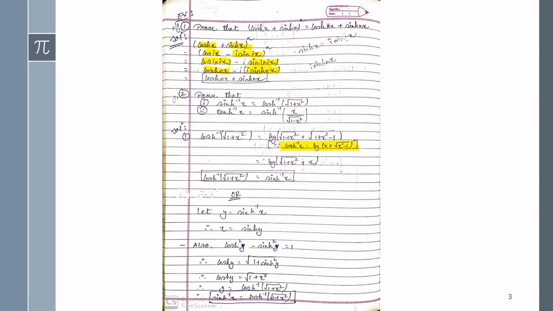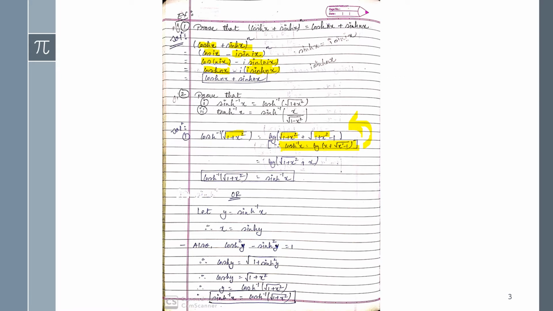Okay, so in place of x here it's given under root 1 plus x square, so I have written here under root 1 plus x square, and here plus under root x square minus 1, and x square, that is, this under root 1 plus x square whole square, so it will be converted into this form, and minus 1. Okay guys, so after comparing you can easily write this equation.